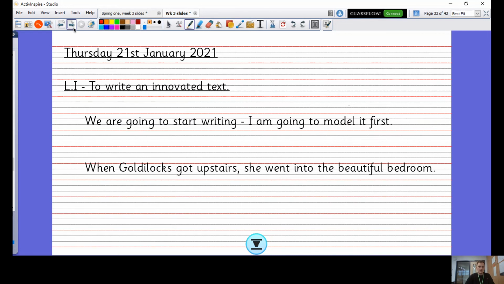So I'm going to model my writing first. I'm going to share my screen with you and model my writing. When you guys do get writing, I will share some resources with you as well. Okay, so it should pop up back as me, and then I'm going to share my screen, and hopefully I'm going to be able to share with you my